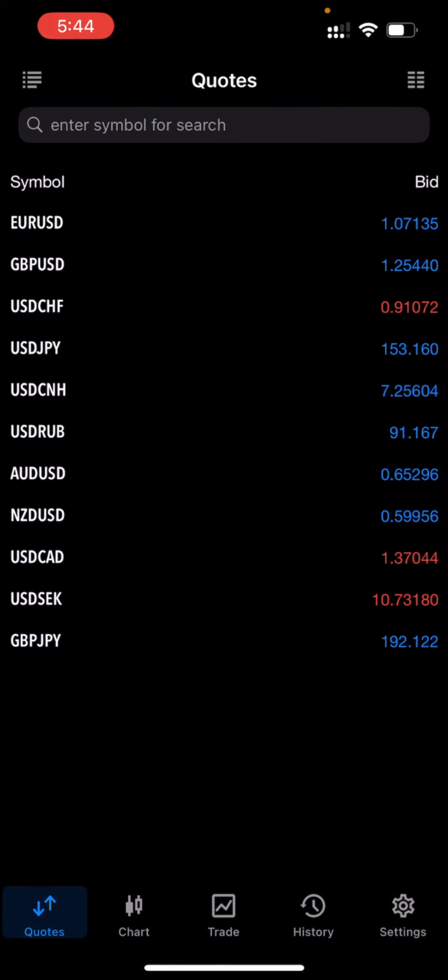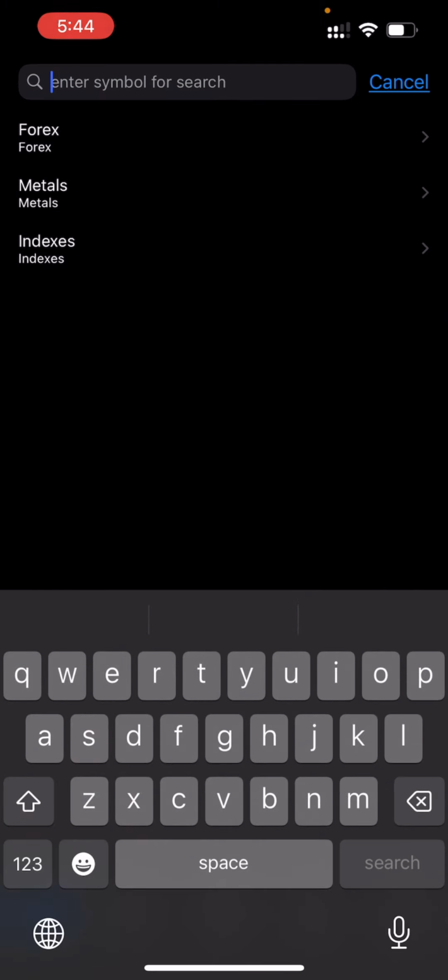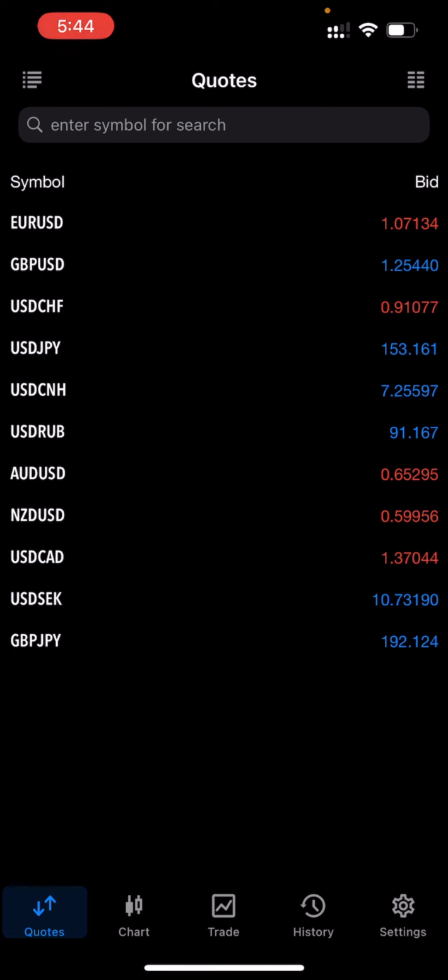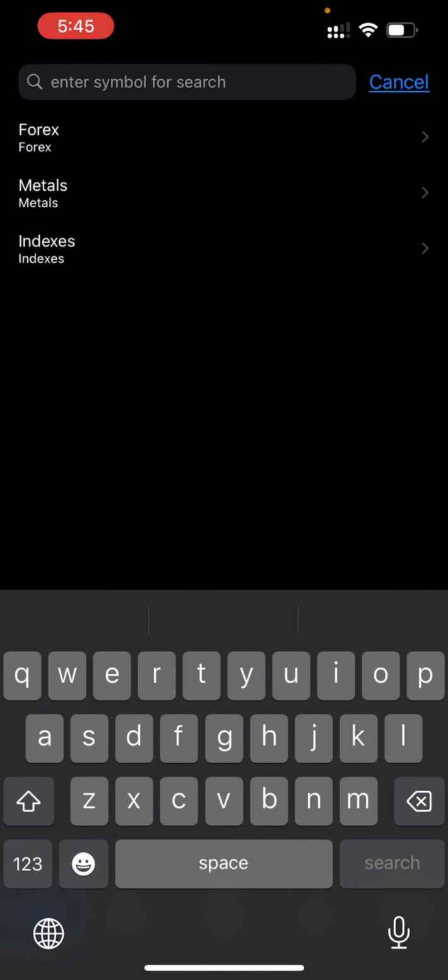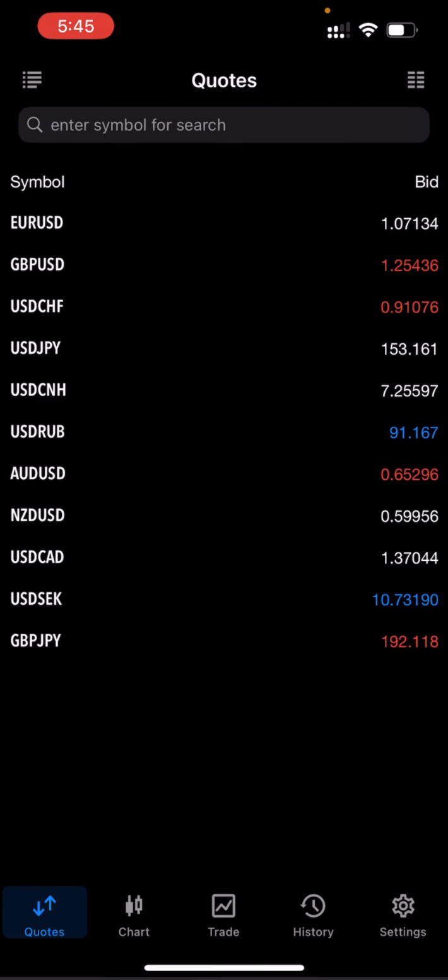Okay, so what we are going to do is, these are the pairs. We can delete them, we can add some, and we can rearrange them as well. When you tap on the search button over here, you can see there's an address bar. Enter symbol for search. You can just tap there and then add more pairs from this side,